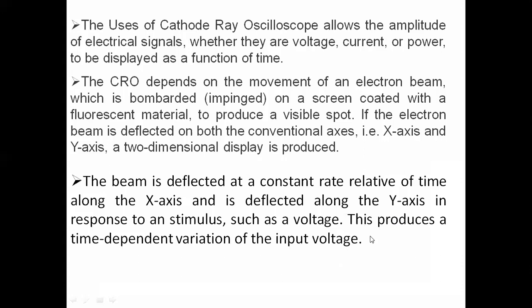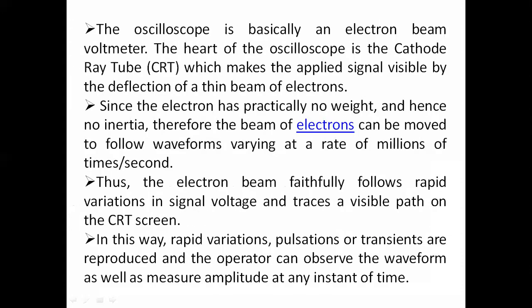So the oscilloscope is basically an electron beam voltmeter. You can consider it as an electron beam voltmeter. The heart of the oscilloscope is the cathode ray tube. Already you know. The main heart of the CRO or oscilloscope is a cathode ray tube (CRT), which makes the applied